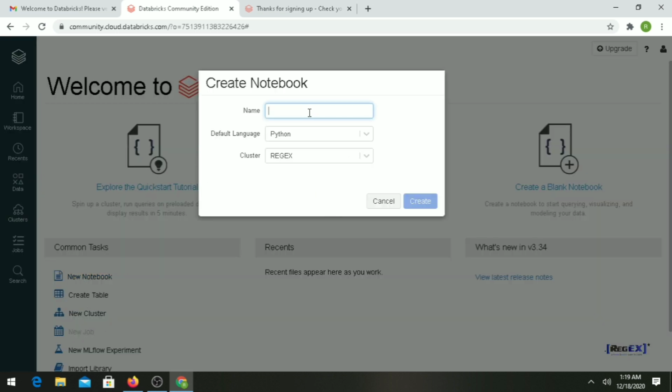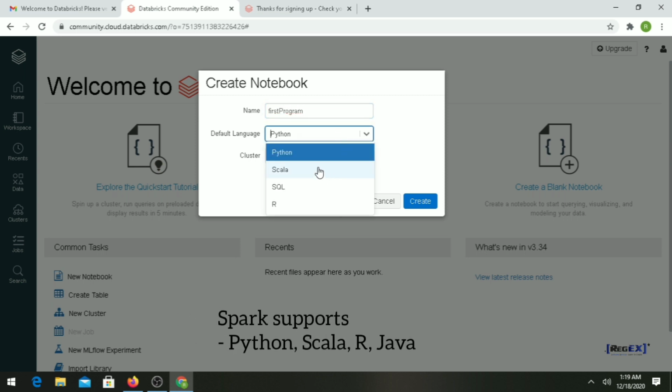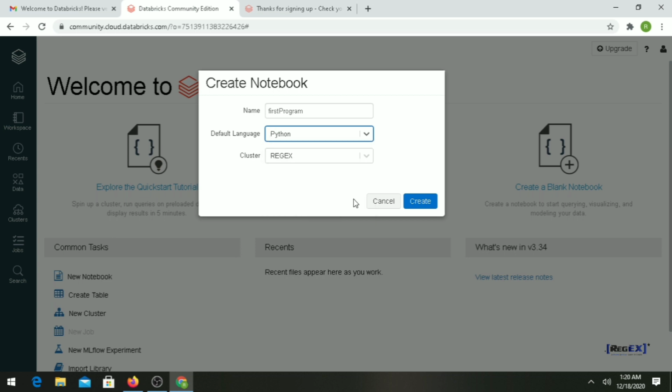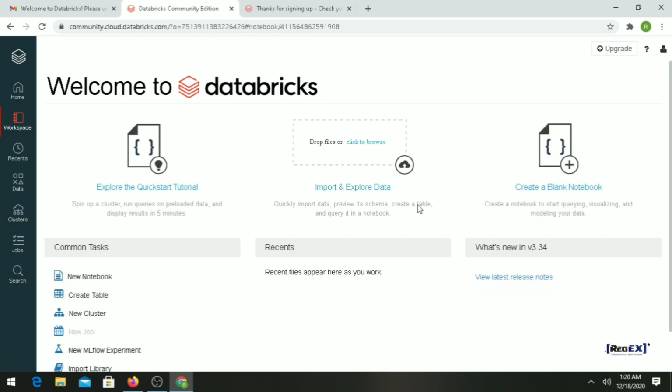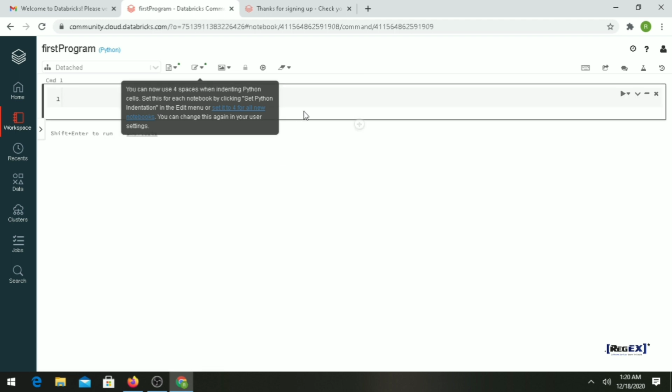Give a name, let's say first program, and then choose the language in which you want to code. We all know Spark allows us to create programs using any of the four languages: Python, Scala, SQL, or R. For example, I am just putting Python for now, and you can choose the cluster and simply click create.